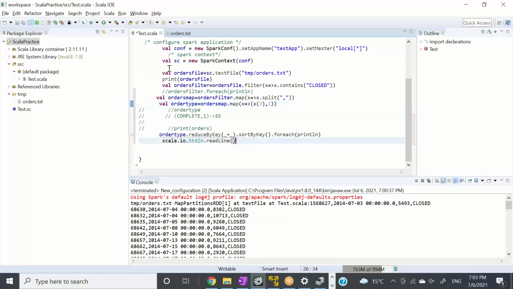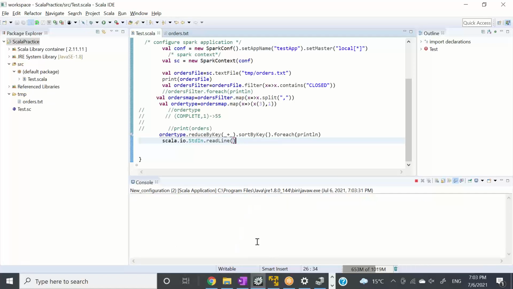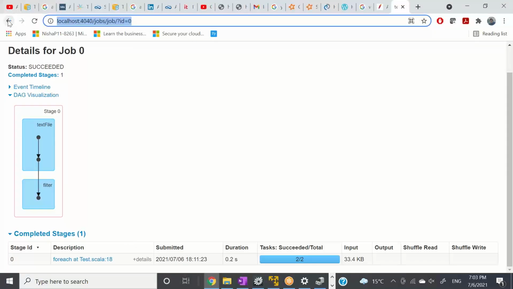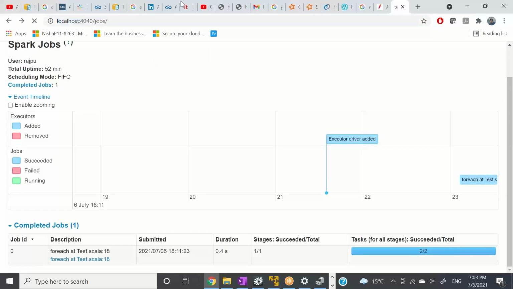And then I'm reducing by key, right? Let's try to run it. It should work fine now. Okay, and the time is running. Let's go to your Scala Spark job here. Okay, so let it run.